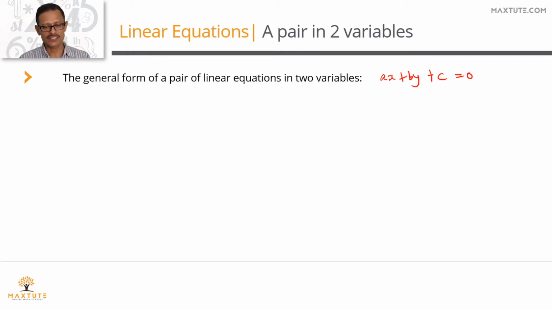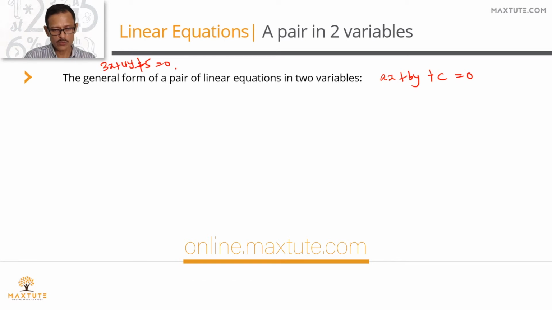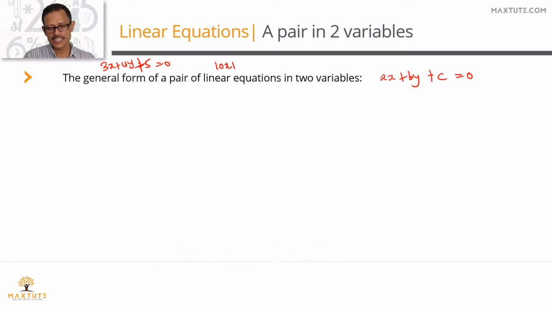If you have two equations, just take one example, something very simple, 3x plus 4y equals 5, or 3x plus 4y plus 5 equals 0. Let's pick something like 10x plus 12y plus 90 equals 0. x, y and equals 0 are all common. What is changing? This 3, 4, 5 is different here. 10, 12, 90 is a different set of values here. So this A, B and C are going to be different when you're talking about a pair of linear equations.